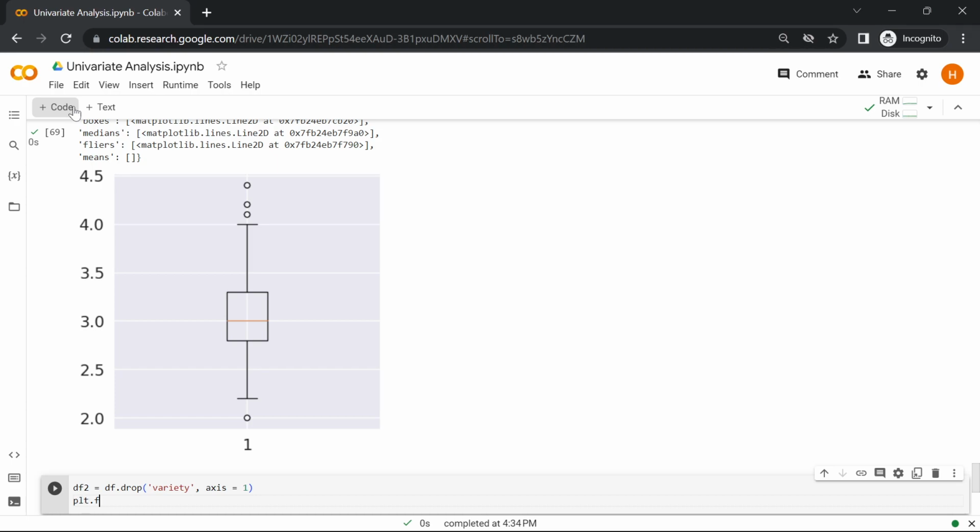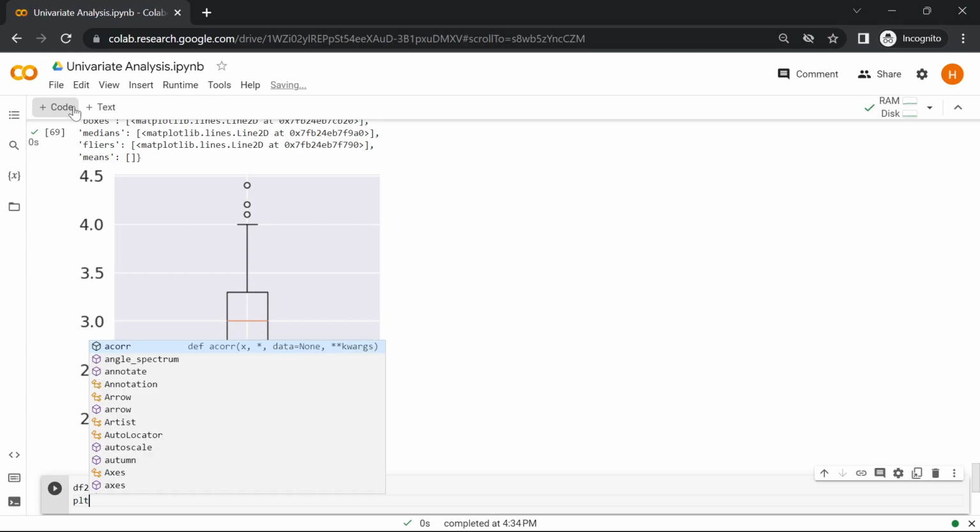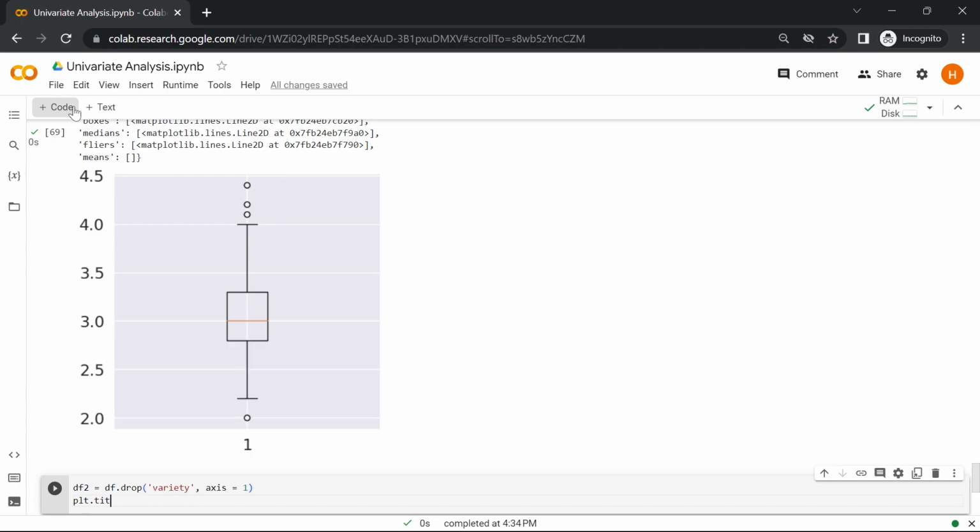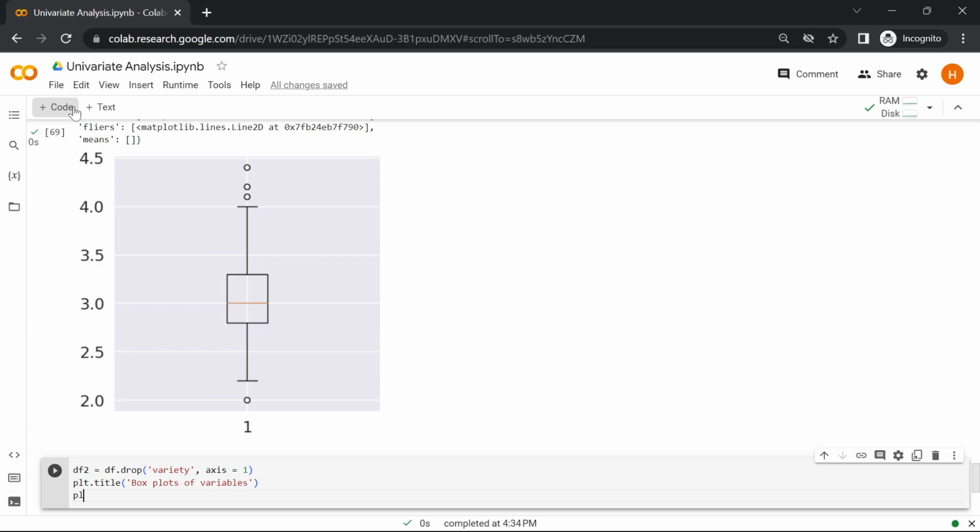plt.figure. We already set the figure size, so it's okay. We'll directly go for the title, and the title is box plot of variables, and plt.boxplot